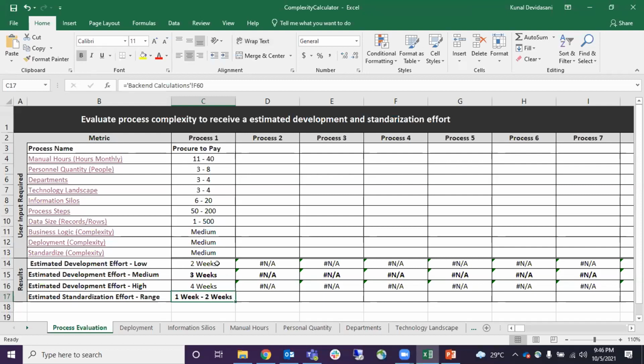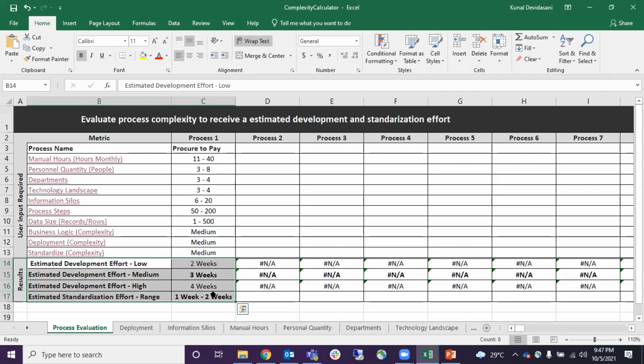And then these are the development efforts that will be needed to automate this particular process. On the basis of this complexity, we arrive at these estimations, and these estimations are nothing but the time that we give to our development team, that in this particular time frame we have to develop this particular